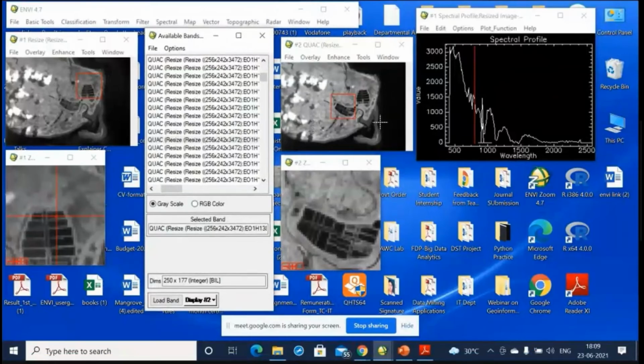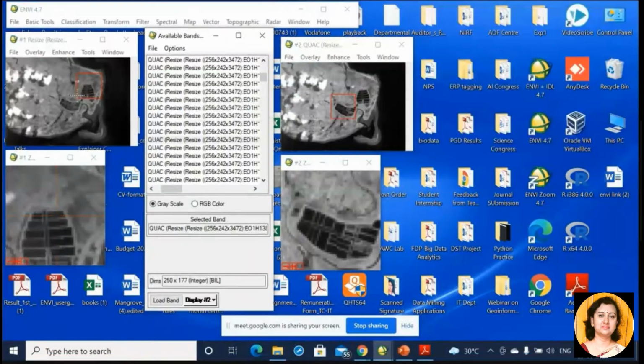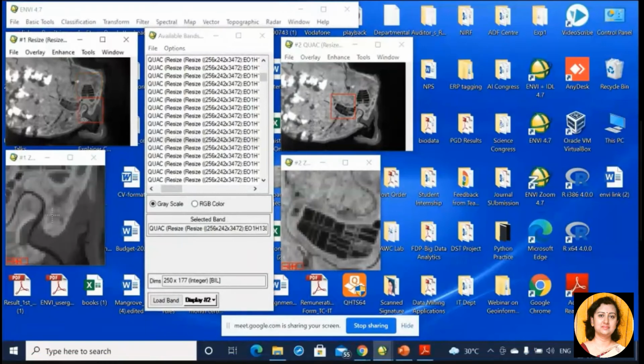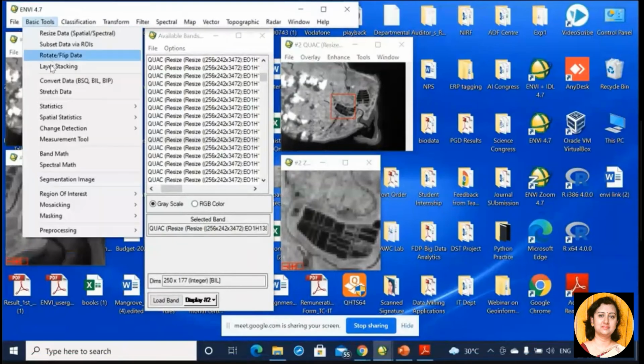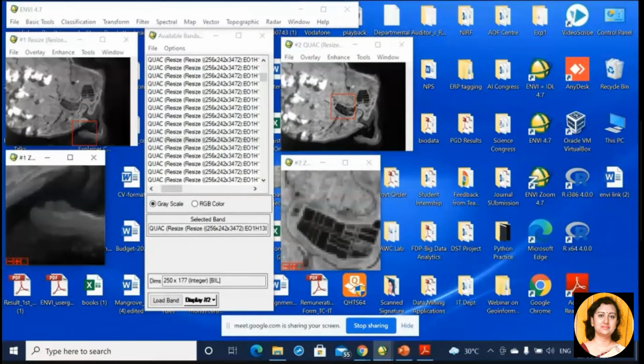Now, let us see the difference in the spectral profiles of the two images for a particular coordinate. Let us select this area, the spectral profile, sorry.